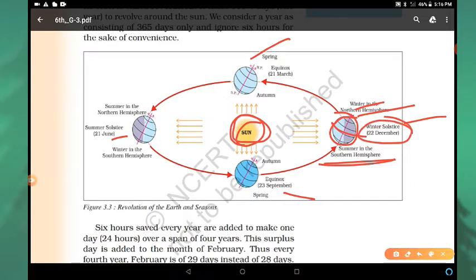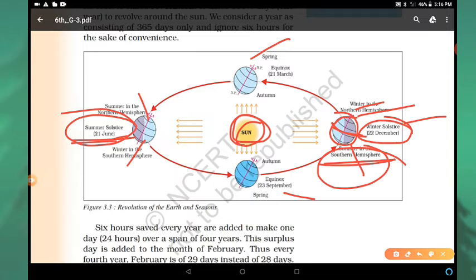As in the previous video we discussed, Christmas Day is celebrated on 25 December. In Australia it is celebrated in summer because in the southern hemisphere it is summer. In the same way, in the opposite direction, on 21st June the northern hemisphere is tilted towards the sun and the southern hemisphere is far from the sunlight. So in the northern hemisphere it is summer, southern winter, and it is summer solstice in the northern hemisphere.